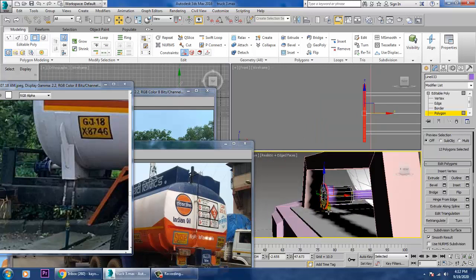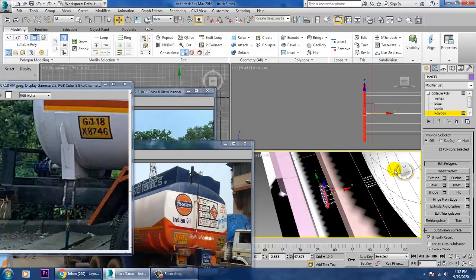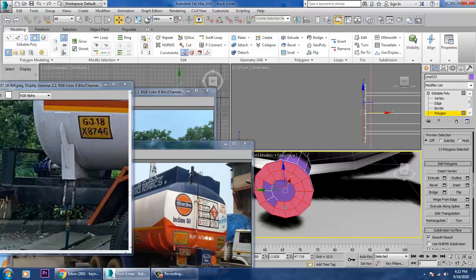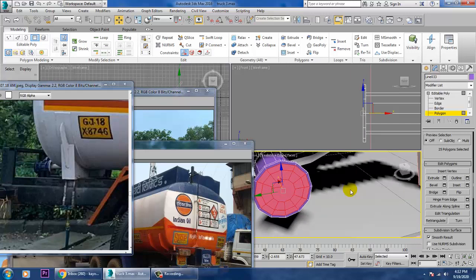That's it. Now I'll be selecting all the polygons over here and use a bit of inset, click OK, and extrude it inside, click delete.